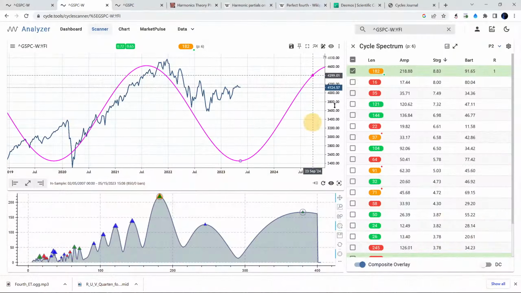In general, it's a very, very simple and basic concept, and it's based on the pure theoretical sine wave. So you use the dominant length of the cycle. In our case, we're talking about 182 weeks, so the 4-year nominal cycle. This is the cycle we want to track and to validate. Once you know the cycle length, you can shift this cycle, half of this length, into the future. Yeah, and then from a theoretical price movement, you would see exactly at the midpoint crossing these cycles.